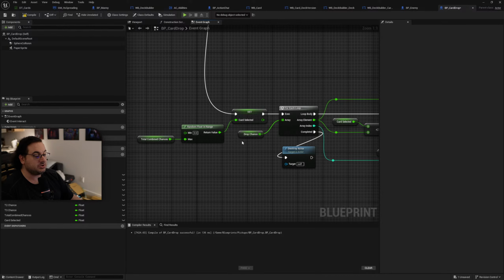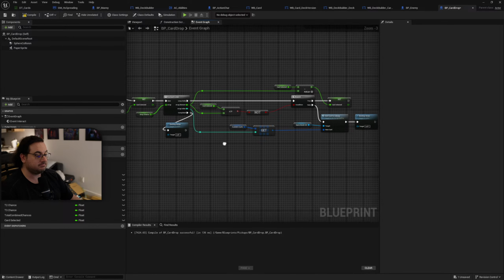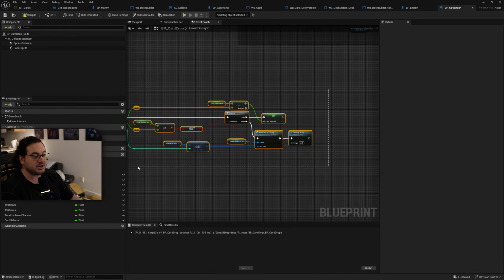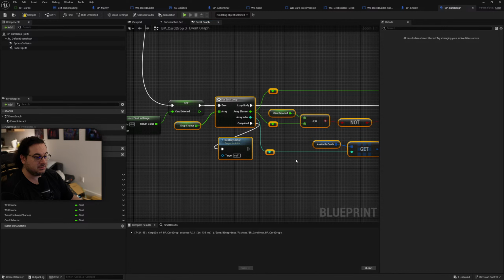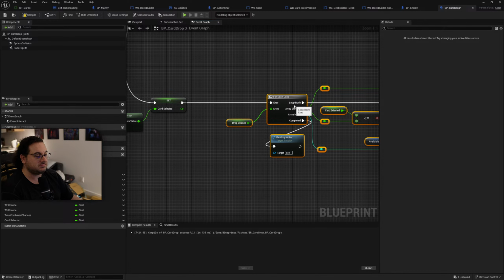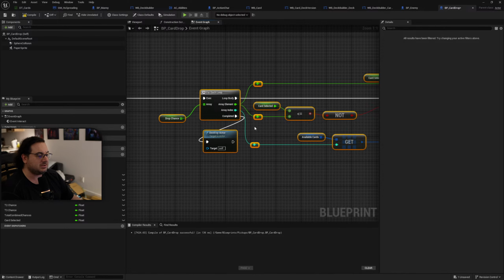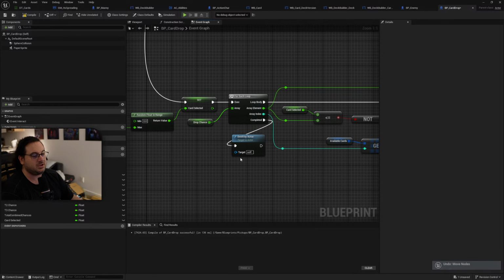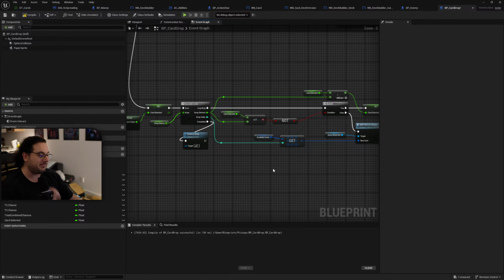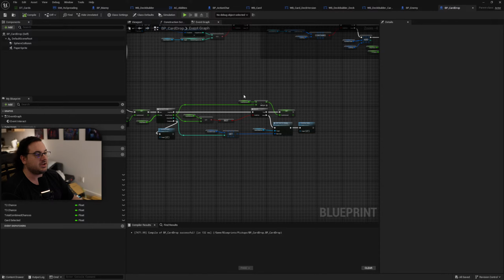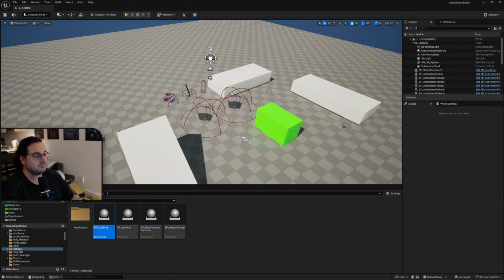Also, we also need to check that the drop chance is not empty. Otherwise, well, I guess if the drop chance is empty, it will just immediately complete, and then it'll do destroy actor. Yeah. This should take care of that. So, theoretically, now,